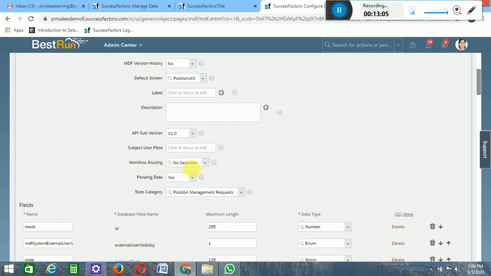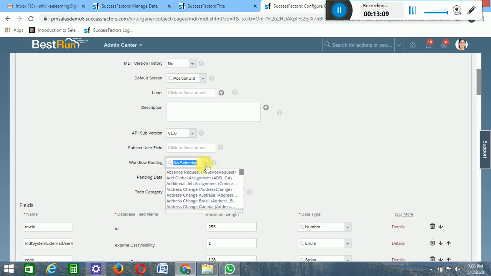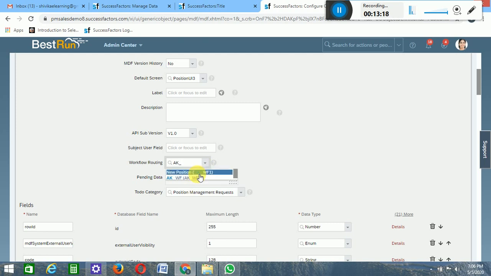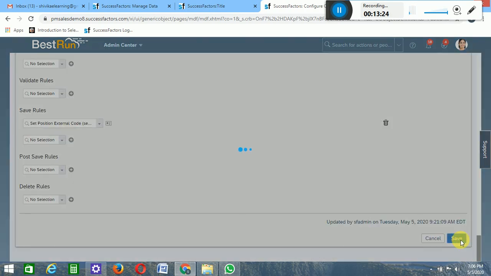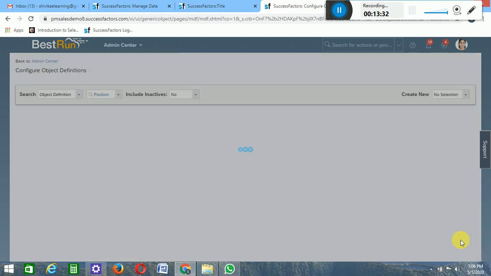See, workflow routing. Here you select the name you have given. What we have given is AK underscore new position. This one we have created, right? New position AK everyone. Then come down straight away and save. This is how you associate a workflow.